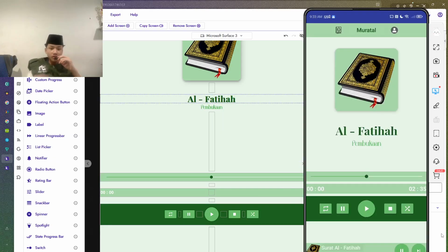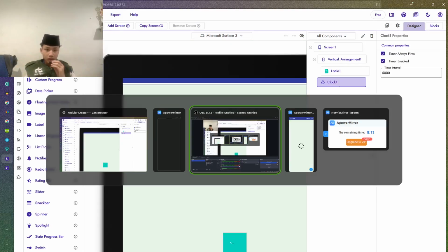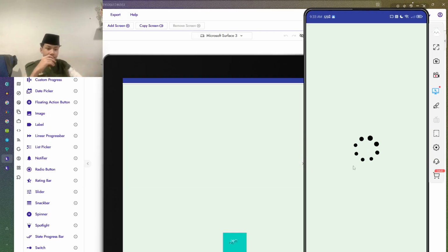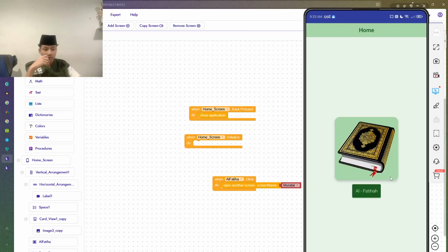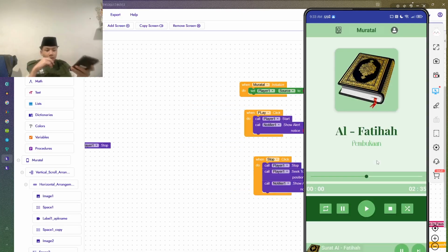Wait, I'm gonna show you this, and then I'm gonna go to screen one. Look at this. Now it's gonna load. So, and then this directs you into the home screen. And then, like I say, if I click the Al-Fatihah button, it will direct you into the Murotal.